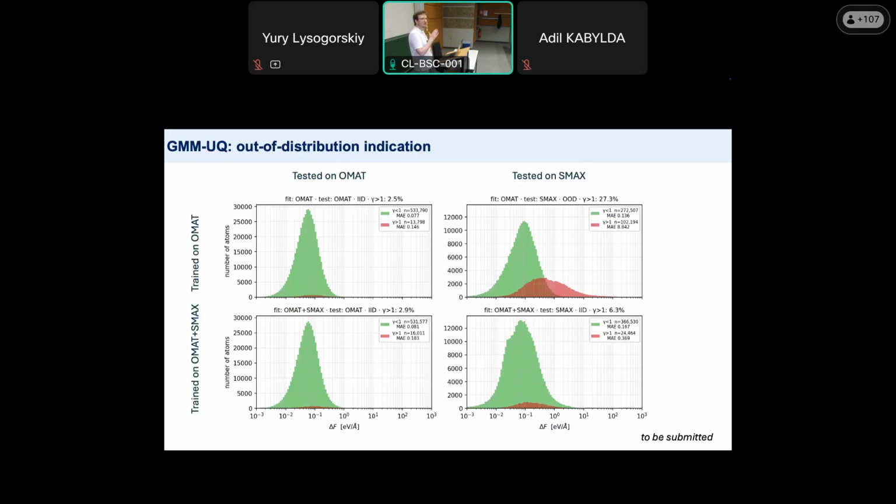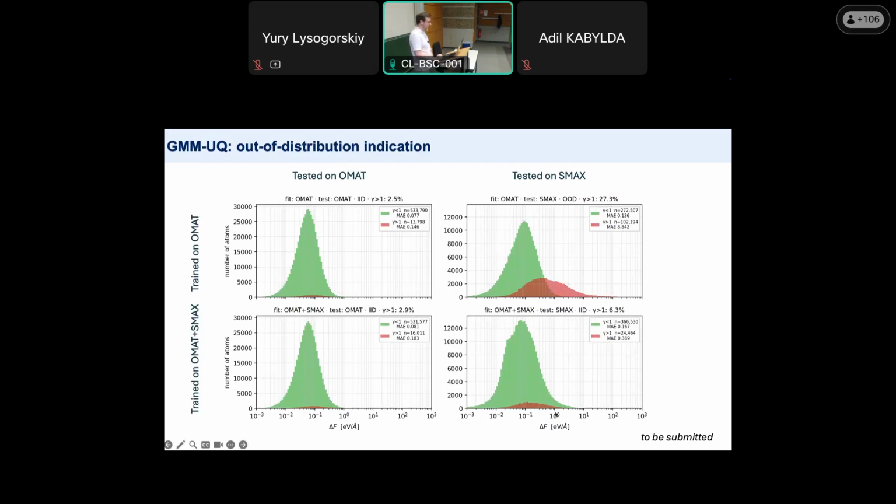By selecting some threshold, you can see we can split it into two categories. Green is reliable interpolation, and red is non-reliable extrapolation mode. I have to note this is a log scale on force error. So it's not just slightly shifted, it's a drastic difference, because here the mean absolute error for forces is roughly 130 milli-eV per angstrom, and here it's 8.8, so an order of magnitude larger.